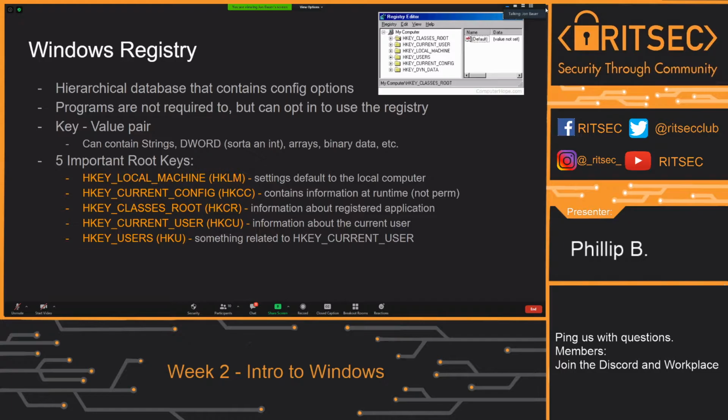Programs can use the registry, but you can opt in to use the registry. What that means is you'll store some of your program settings in the registry. Say you have Office, for example, you can take some of your Office settings. Just a quick example, I don't think this is accurate of what actually happens, but say you want your default font size to be 11 whenever you start a document. You could technically make a setting in the registry that says, okay, I want my font size to be 11 whenever I open a new document. So it's just where you store settings.